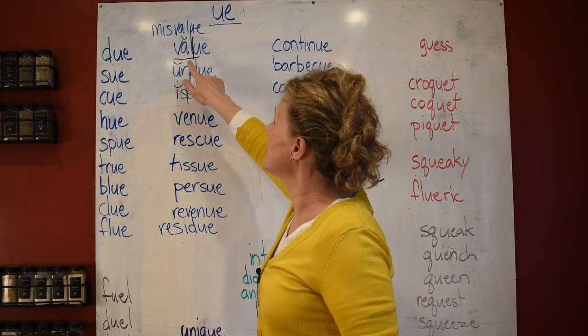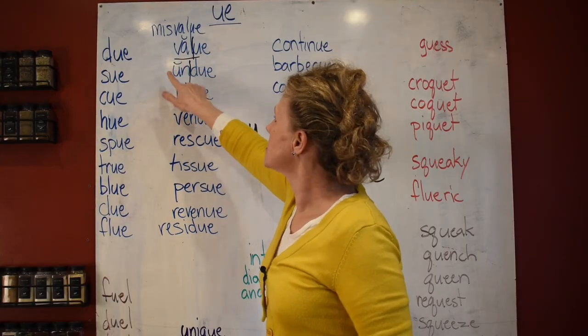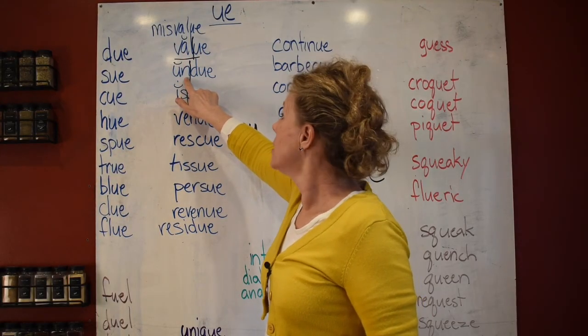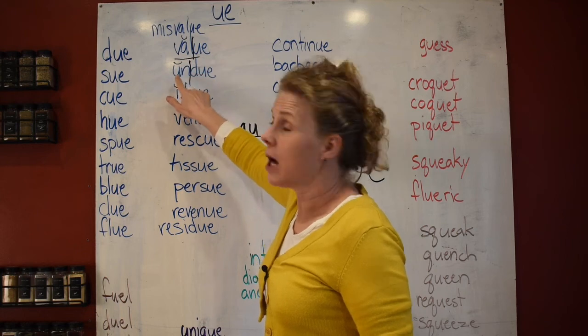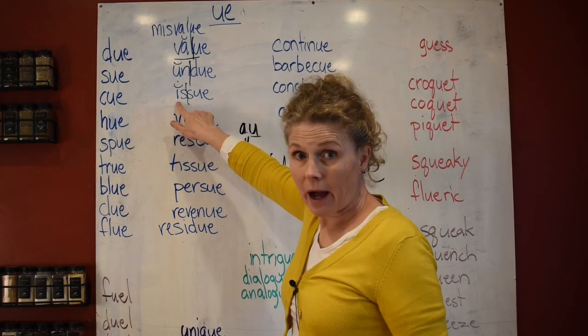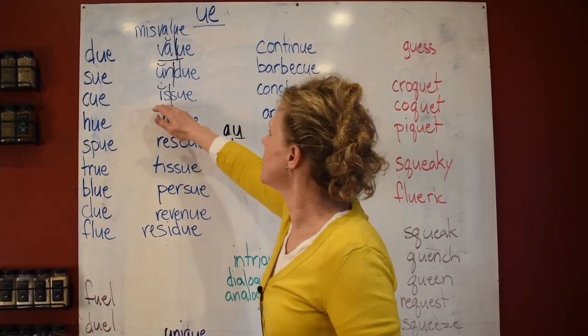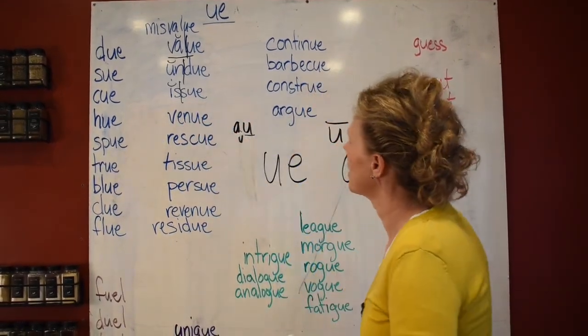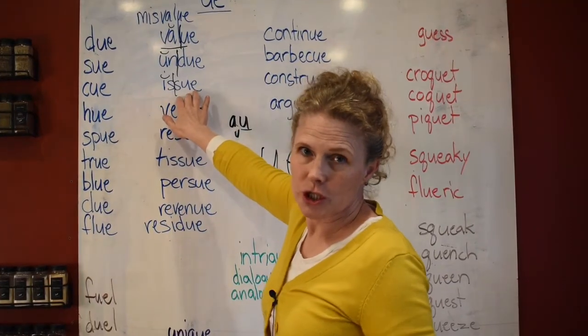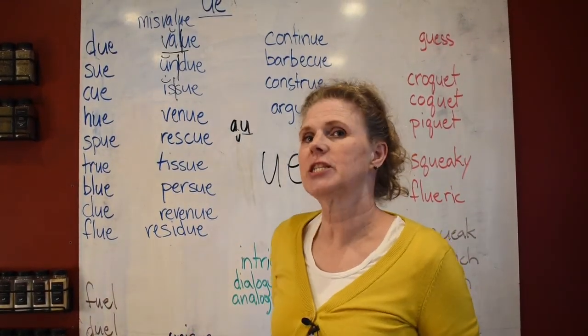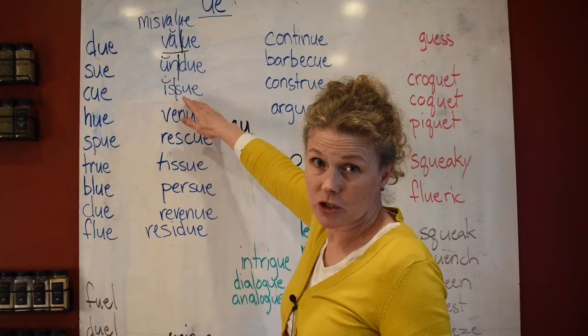This is for the A, so it says a. This is a closed syllable. This is for the U, so it's going to say u. This is a closed syllable. For the I, it's going to say i. This says issue. The S is saying sh here, and sometimes S's change sounds depending on what the vowel is doing.